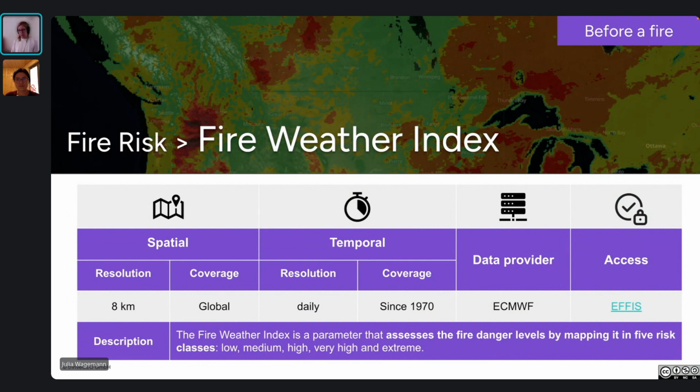As said already, the data access can vary, and depending on what you want to do with the data, you can then also get direct access to download the data. But this is not a focus of today's workshop. So that's why we only focused on giving you a link where you can access the data in a visualized way.